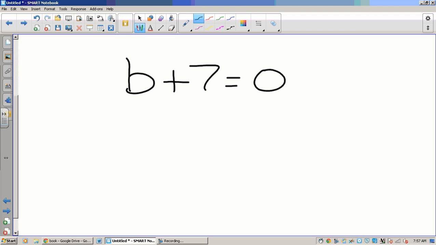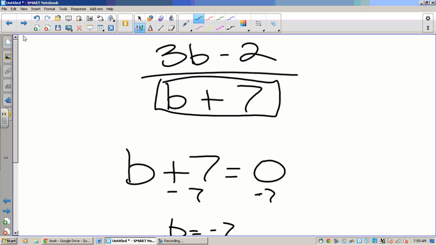Okay? So anyway, in here we could just solve for b. B equals negative 7. I mean, you could do this one in your head, negative 7 plus 7. Once the light turned on there, it's like, boom, negative 7. So this one, you don't actually have to go through this process. Some of them, you will have to go through the process to figure out what makes it equal to 0. Some of the more complicated problems. Okay, so in this case, the excluded value